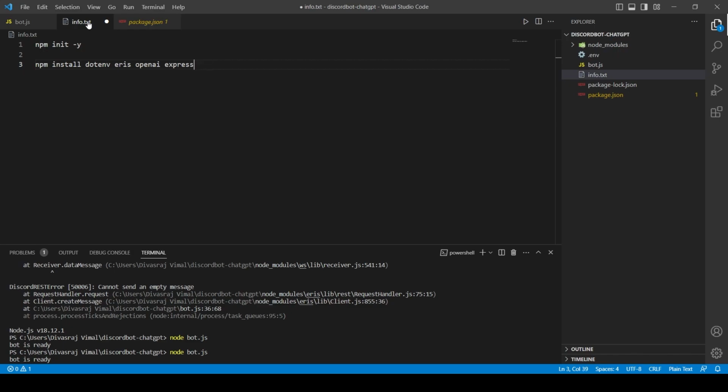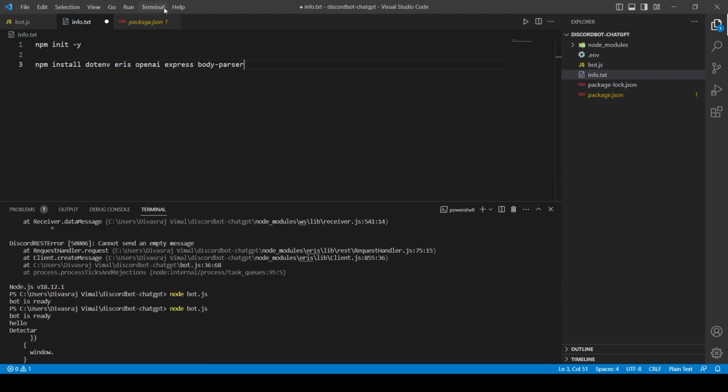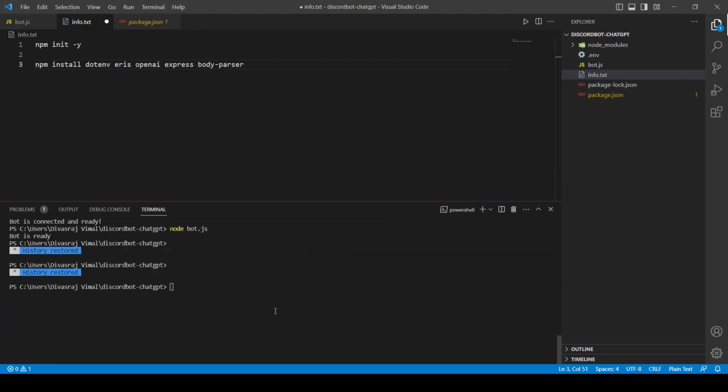Sorry, body-parser, body dash parser, and then you have to click on enter. You have to write all of these commands in the terminal. Open the terminal from here and write all of these commands in the terminal. After installing all of the dependencies,